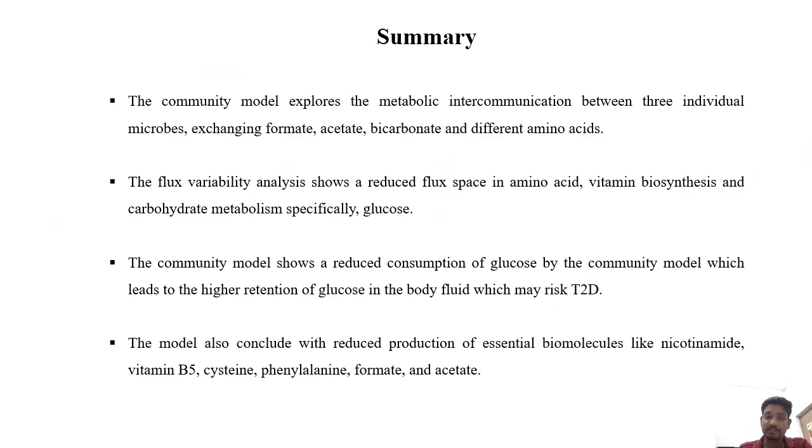So for this whole study, we have identified some crucial molecules, like formate, acetate, bicarbonate, and some amino acids, that get exchanged within the community. And the major thing is that in the flux variability analysis, amino acid and vitamin biosynthesis and carbohydrate metabolism are all getting down, and glucose consumption by the community is reduced, which leads to retention of more glucose in the type 2 diabetic patient, which leads to hyperglycemia. Along with glucose, other molecules like nucleotides, vitamin B5, cysteine, phenylalanine, and formate are